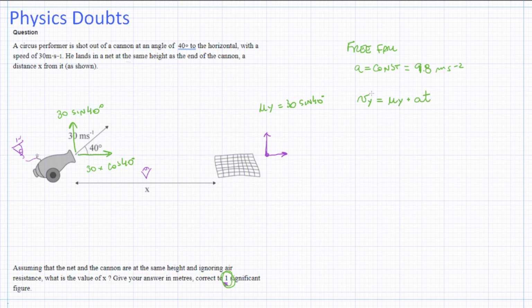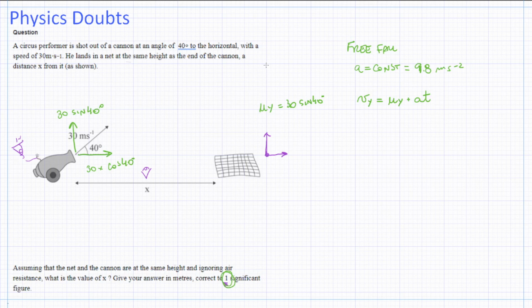Now, there are two ways for you to solve this. The first one is usually just to assume, okay, how long do I take to get to the top? And that would be exactly the same time to get down. So you could just assume that your final velocity is 0, and you could calculate how much time did it